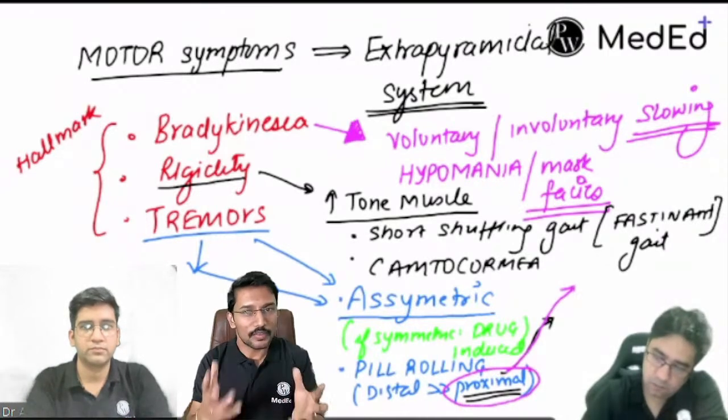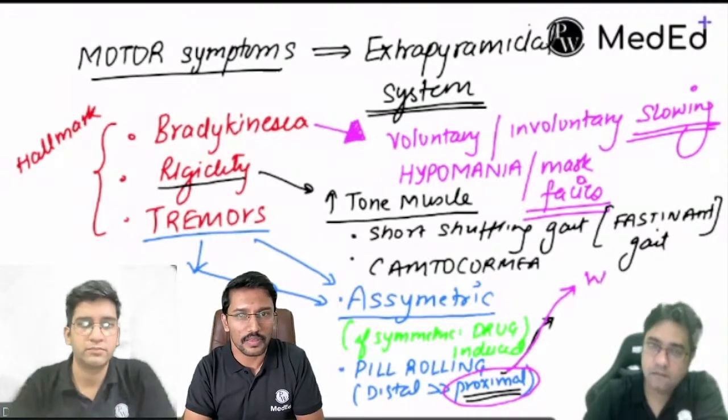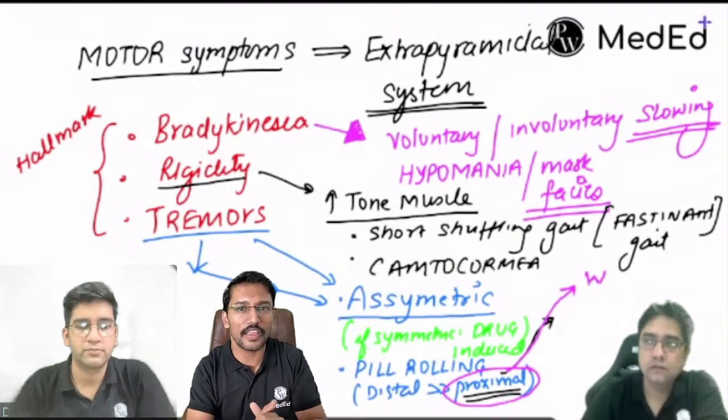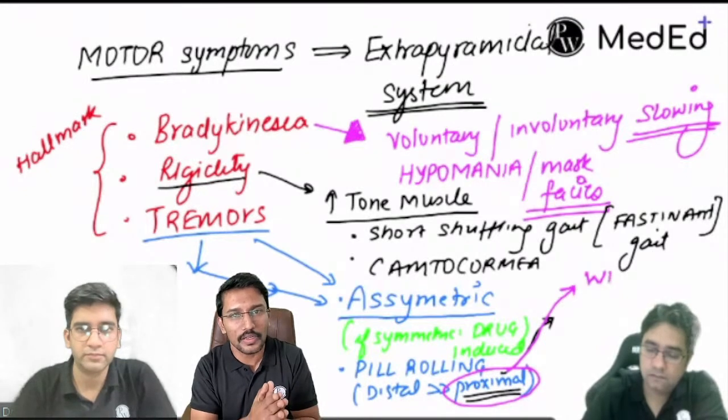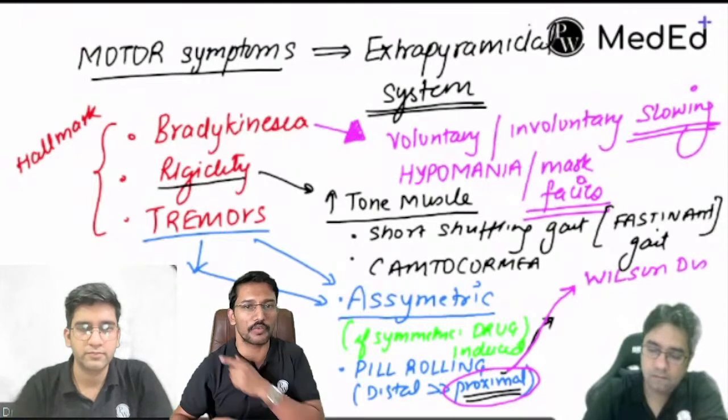Okay, so in those patients, you see a particular ring on the limbus in the cornea. You call it as KF ring, right? So what disease am I talking about? Wilson's disease. So in Wilson's disease, you have a tremor called wing beating tremor, which is affecting mainly